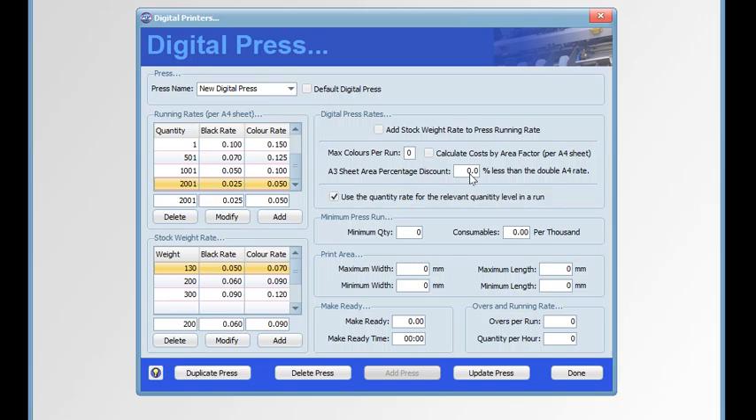For an A4 sheet, the area factor is 1 because the running sheet is the same area as the default sheet and there's no size differential. For an A5 sheet, the rate is equal to an A4 sheet by half, plus the discount percentage of the area rate is increased because A5 is smaller than A4. So if we look at a table,